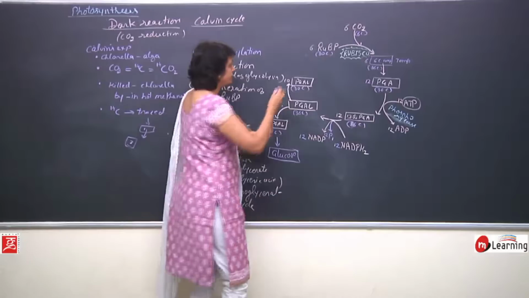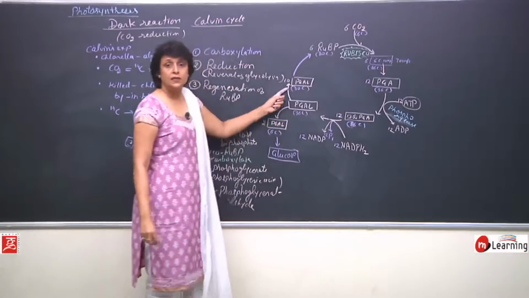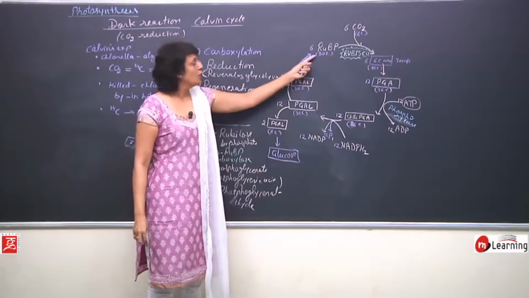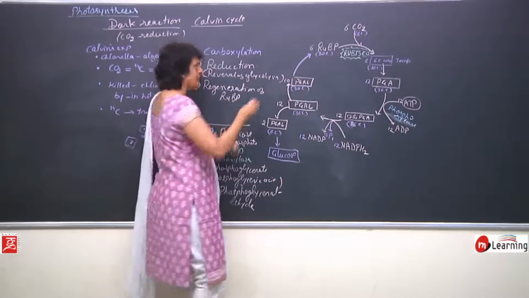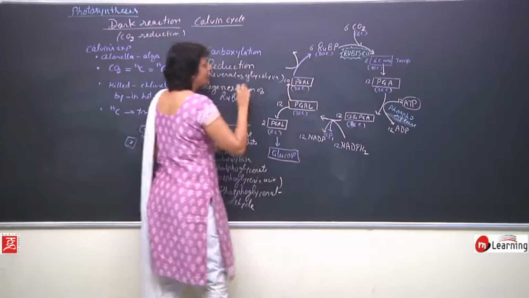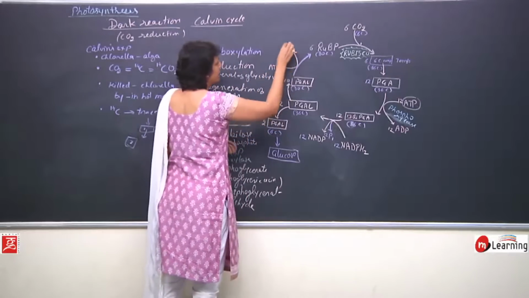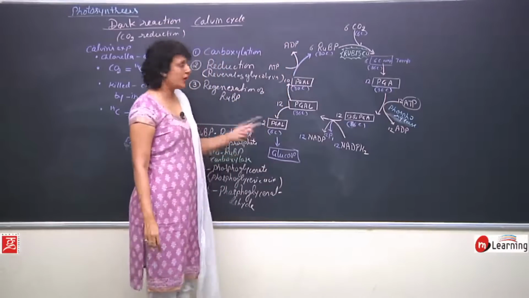So now these 10 PGALs will change into RUBP by rearrangement of carbons, plus phosphorus is also needed, that will come from ATP, and this ATP will break into ADP, phosphorus, and energy will